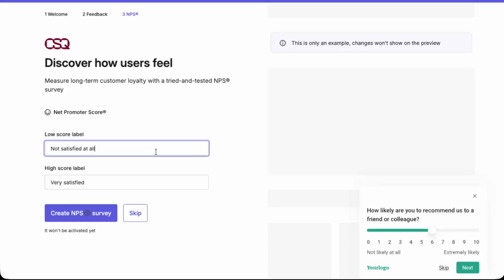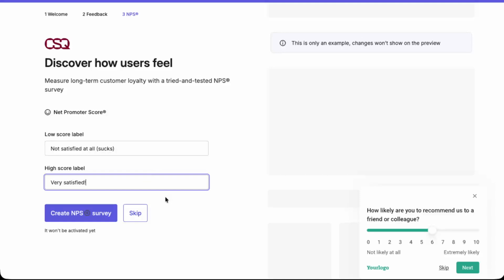You'll then see additional options where you can again set a low score label and a high score label, this time for your Net Promoter Score style question if you're using one. Click into each label field and add clear text, like not likely at all for the low end and extremely likely for the high end. Finally, click on Create NPS Survey. Hotjar will now create your survey and prepare it to run on your site, ready to start capturing